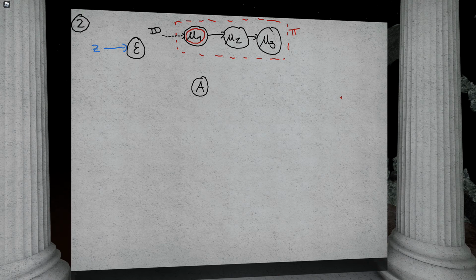So step 2 is the environment is going to, I drew this wrong, sorry. The environment is now going to say, I'm going to write to the protocol on its external identity. So the message, if you like, is, on tape input, I send the message M to the protocol via external identity ID.